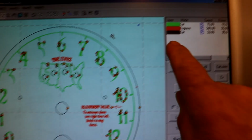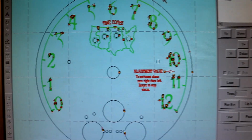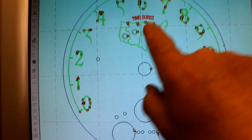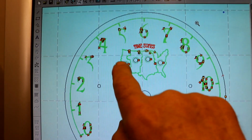So that's been set on the engraving, the raster engrave, where the laser goes backwards and forwards, scanning like an old-fashioned television, switching on and off to give a really precise result. And then finally cutting the holes. There's the map of America, North America, with the hole for the flickering LEDs to indicate which time zone